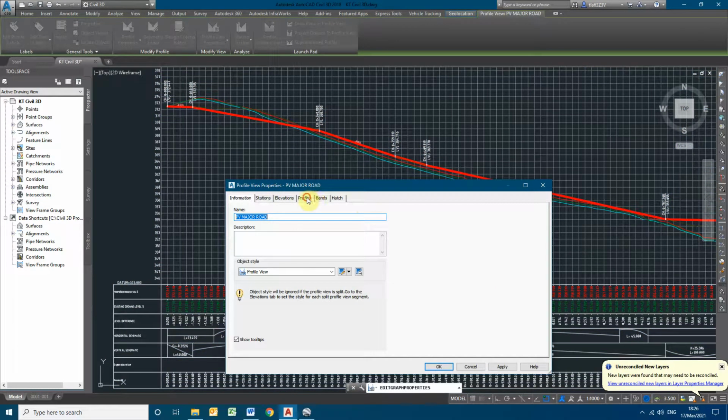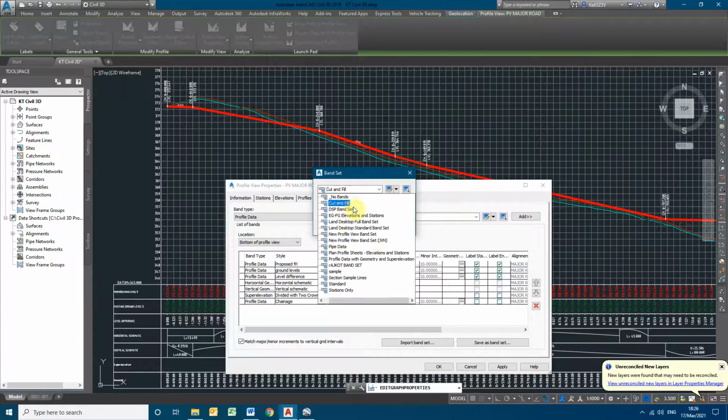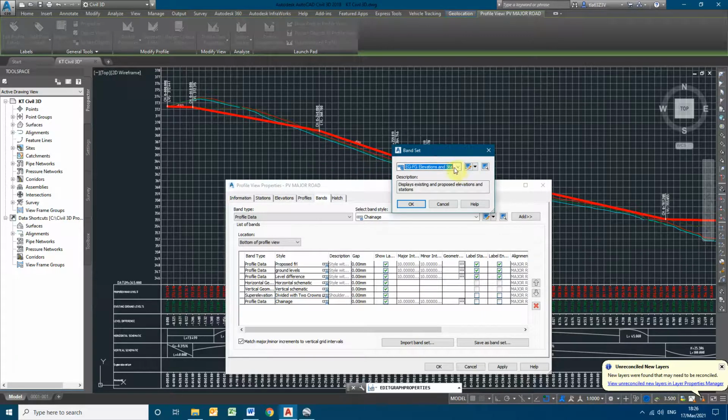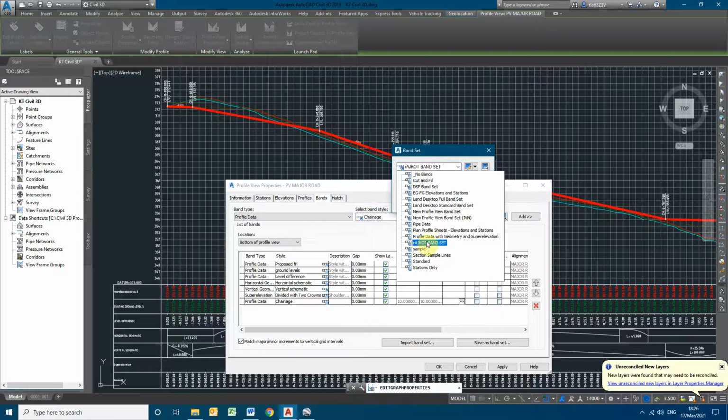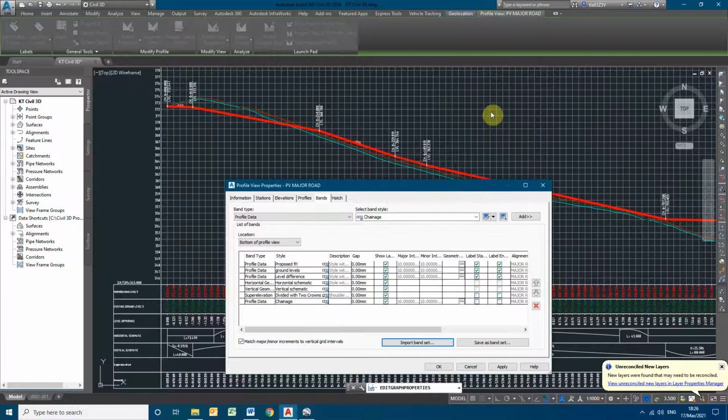If you check the profile bands, you can see these are not the default settings we had given. Cut fill is given by Civil 3D by default. The DSP band set I had created, so we can import it from that file. And the new profile view band set, JVN, Rajkot band set, is for my other project. So these are all the band sets and style sets, created for our project convenience. This is my recent one, and the one that we used here.